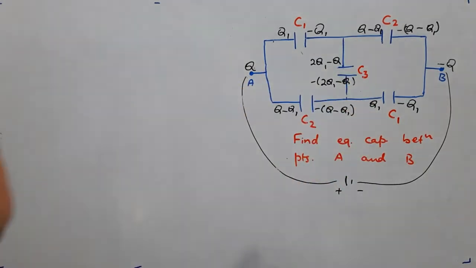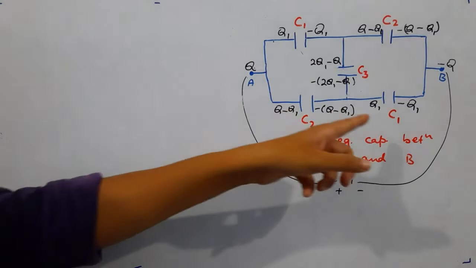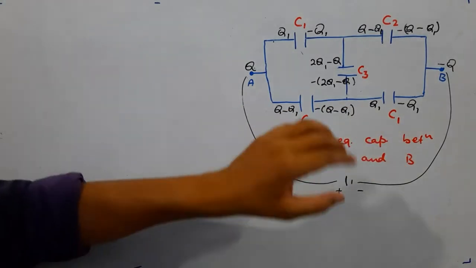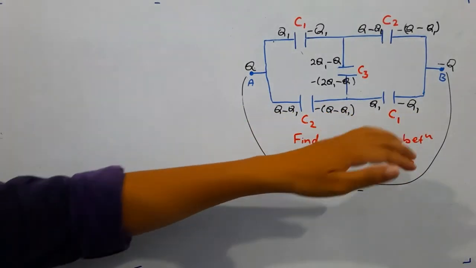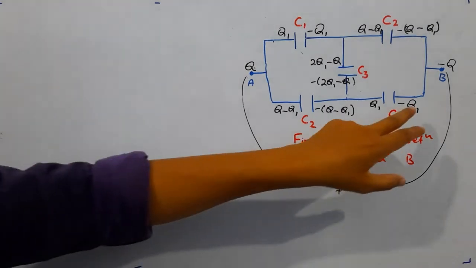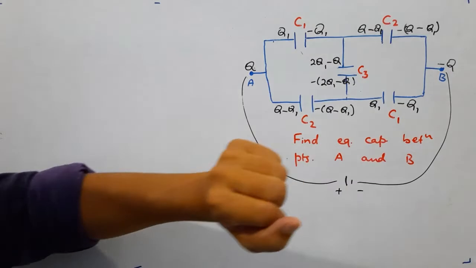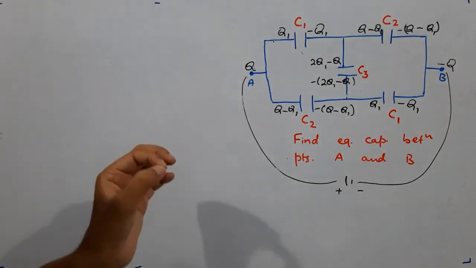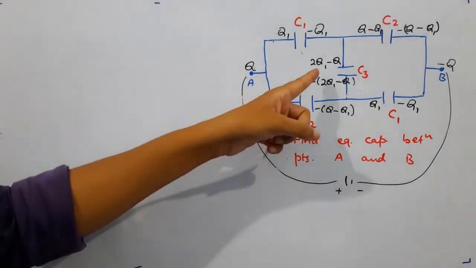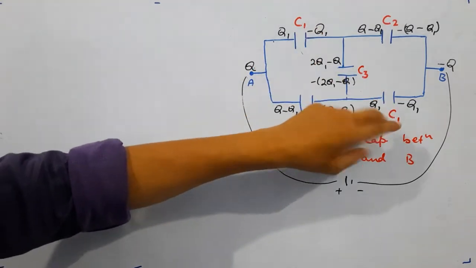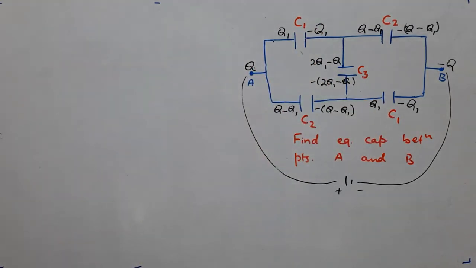over these two. If symmetry does not exist, for example, if this were C4, then this will not be Q1. Then you have to choose one more variable, say Q2, and accordingly you will arrange these charges. Then here there is only one unknown variable which we have chosen, that is Q1. There will be two variables, Q1 and Q2. So the things will become more complicated, but then that is the only general method.